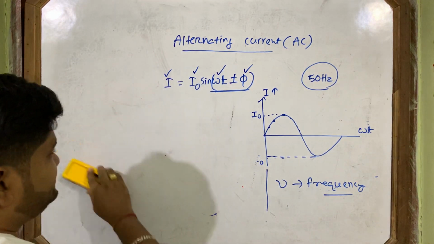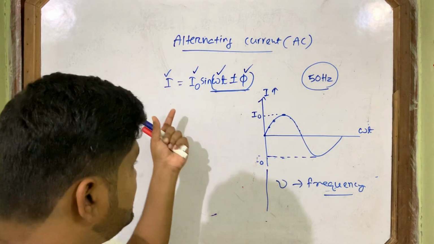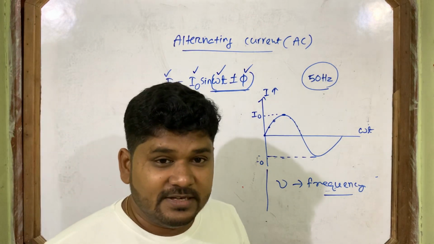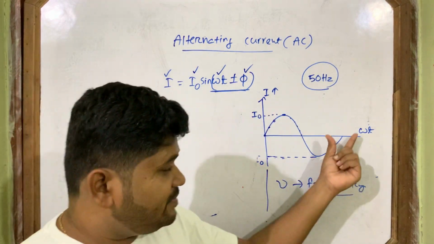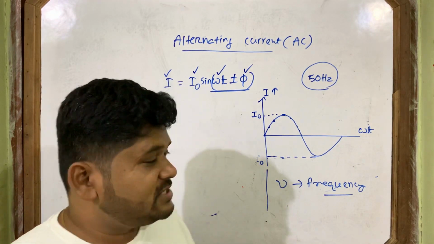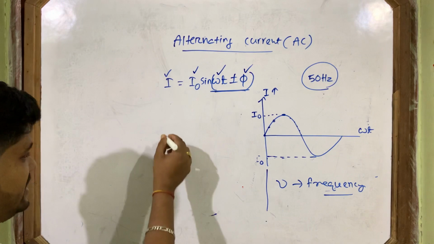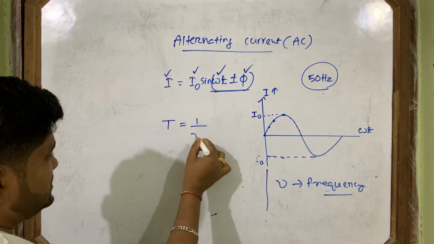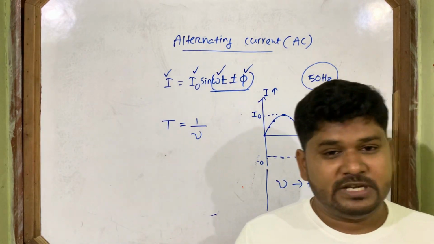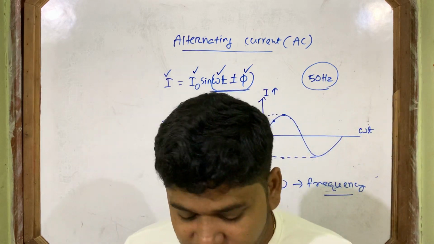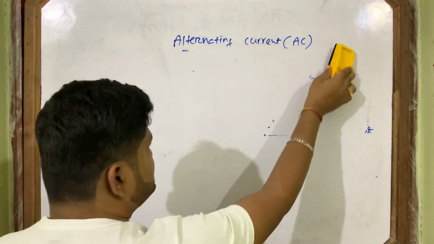So now you understand all the quantities used in this equation. You also understand that hidden in omega is one quantity, the frequency of alternating current, and the time period, the time taken to complete one oscillation, one full cycle. The time taken to complete a full cycle is called the time period, capital T, which is the reciprocal of frequency, or frequency is the reciprocal of time period. So this is the whole idea we assume about alternating current.